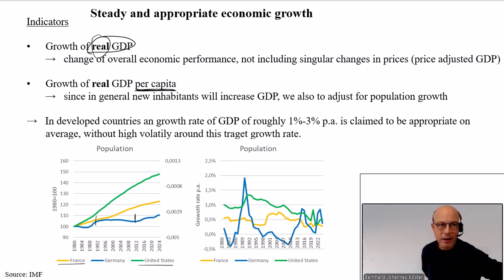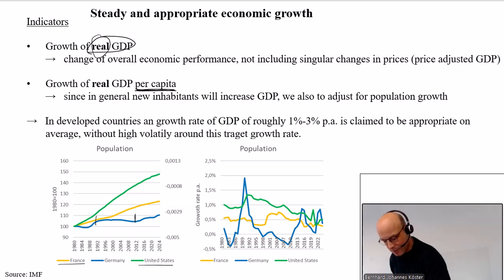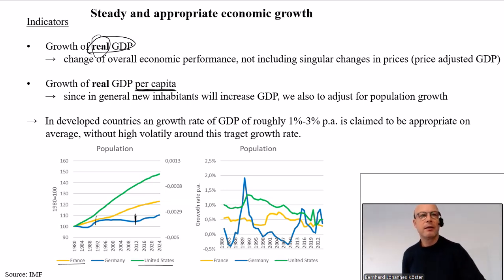There we had roughly 80 million, and then of course there was almost no difference in our country between per capita growth and real GDP growth. But this situation changed especially after the global financial crisis,